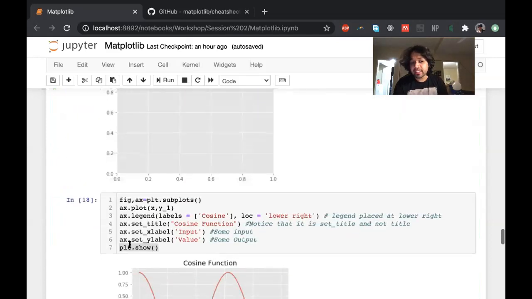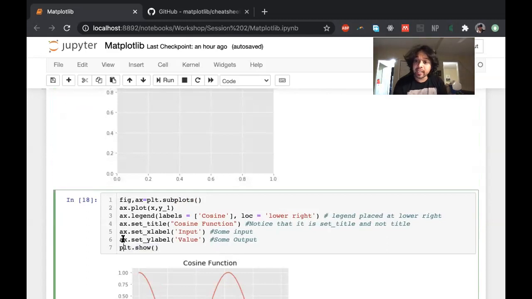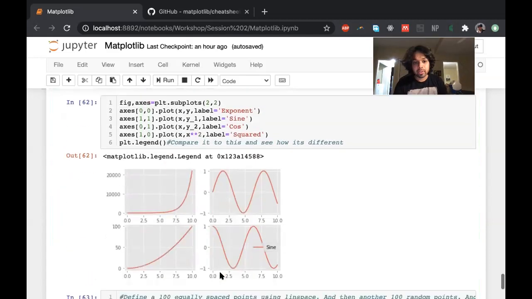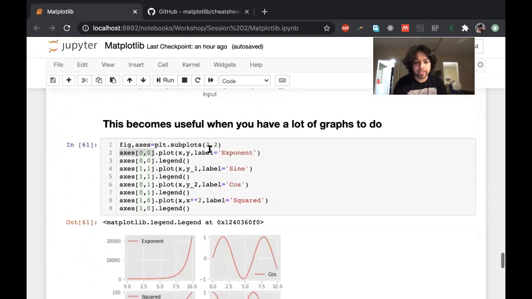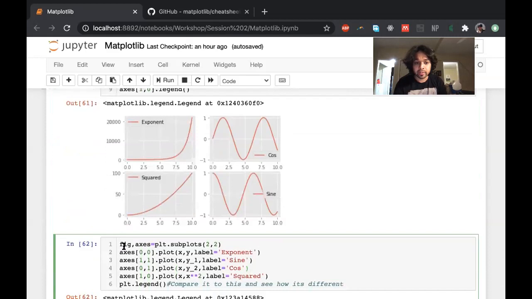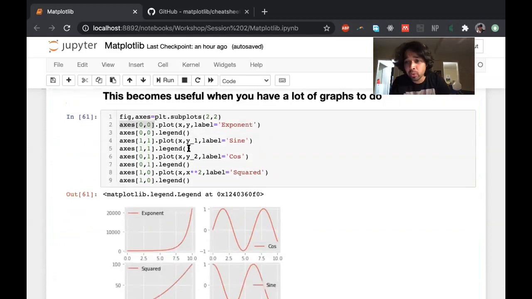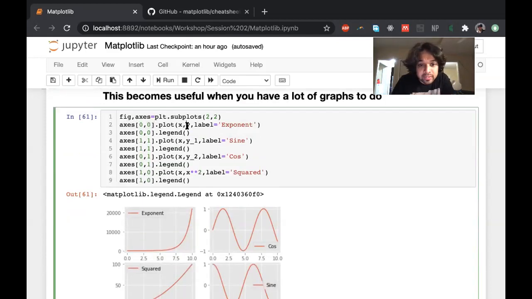What plt basically does is it takes the last ax object and just changes that. So it keeps track of what is the last one. One demonstration of that is I did a similar thing underneath over here where I define subplots 2 comma 2 and I make my 4 plots. I'm not sure if maybe I should just go over all of them once. So x, y, we had defined y earlier as the exponent. So it creates the exponent.